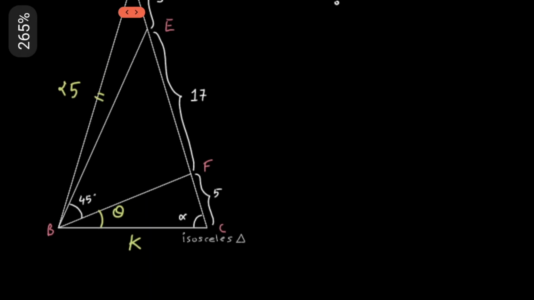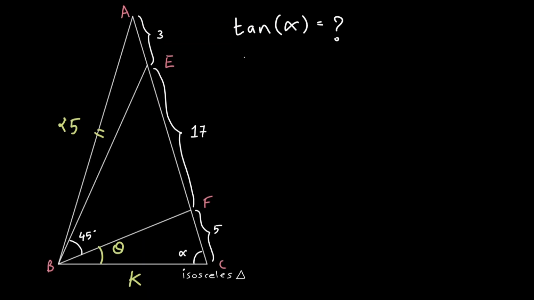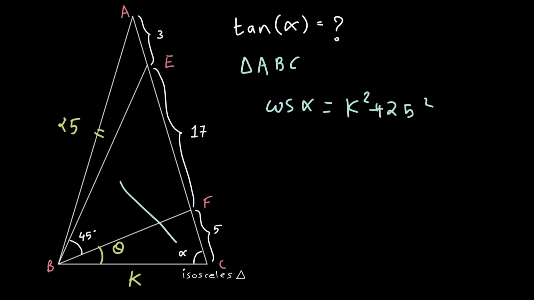So the same rule we will use in our triangle. To use the cosine rule, I will take the complete triangle ABC, and we can see that angle C is equal to alpha. So we'll try to find the cos value of that angle. So in the triangle ABC, the value of cos of alpha as per the cosine rule would be equal to: the sides adjacent to the angle alpha in the triangle ABC are K and 25. Therefore they are squared and added, so K square plus 25 square, minus the square of the opposite side. The side opposite to angle alpha in the triangle ABC is again 25, so minus 25 square, upon 2 times the product of the adjacent sides, so 2 times K times 25.